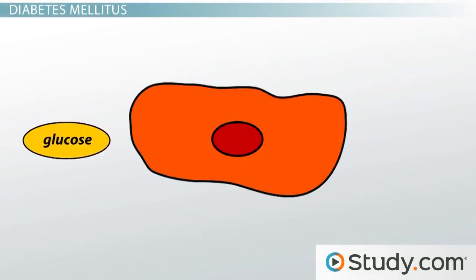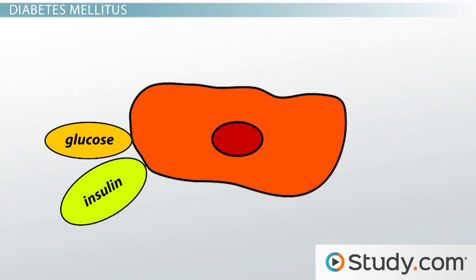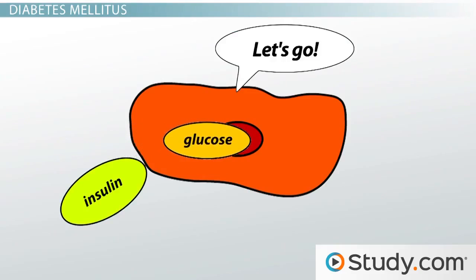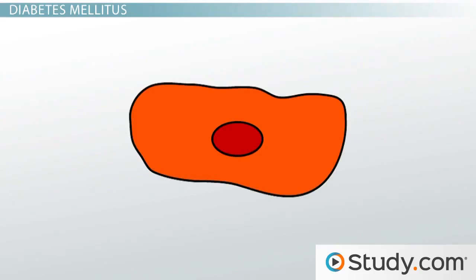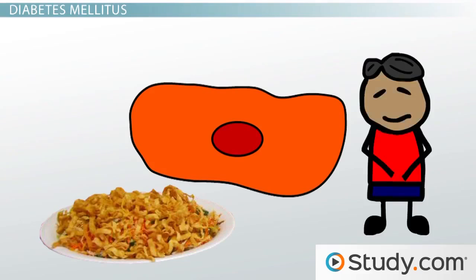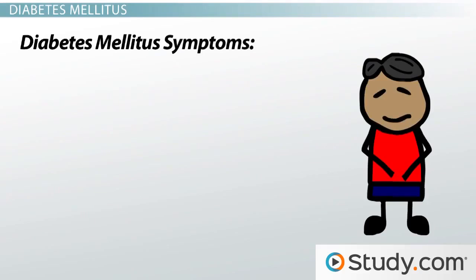Now we know that your body cells cannot get glucose without insulin, so you might be wondering how your cells get energy. After all, glucose is the main form of energy for your cells. In a person with diabetes, fats and sometimes proteins are broken down for energy. This helps meet the energy needs for your body, but because the body still craves the quick energy of carbohydrates, a person with diabetes may experience increase in hunger. So we see that a person with diabetes mellitus presents with some classic symptoms: polyuria,